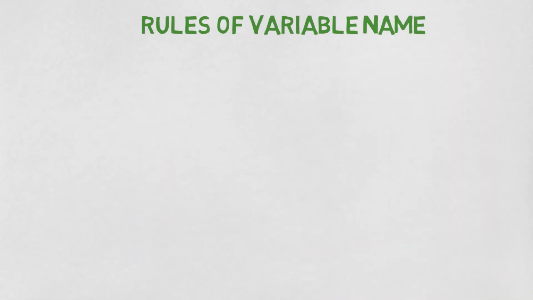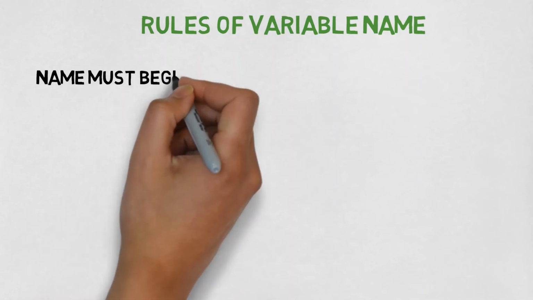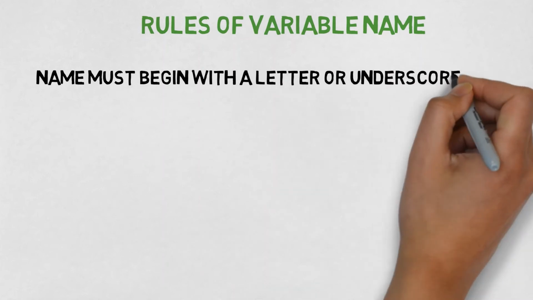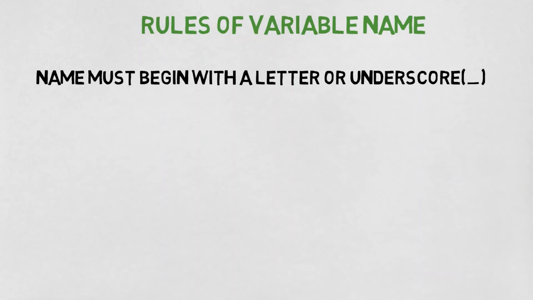Now let us go back again to the concept of variables that we had seen earlier, and let us put some rules on what makes a valid variable name to be used inside our code. The first rule is that the name of the variable must begin with a letter or, at the most, an underscore. Essentially, the first character of the variable name must be an alphabet or an underscore at the most. And the alphabet can be lowercase or uppercase, it is allowed.